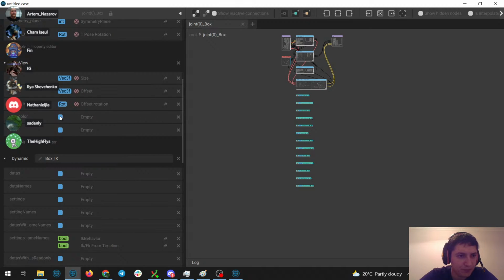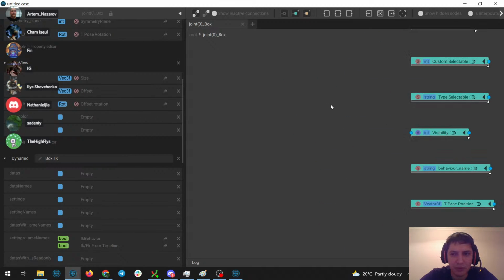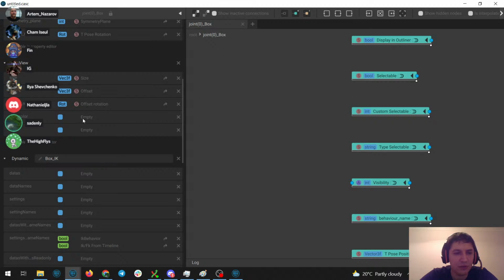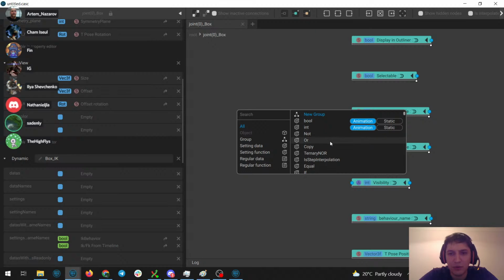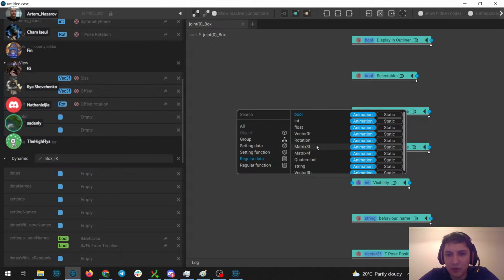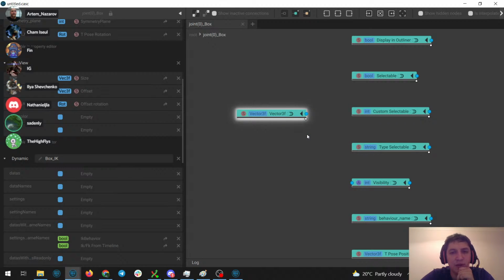So color, here it actually has a boolean value, use color, so you can set it to use it or not, but right now I'll just create it. And for colors, I don't actually remember, but I think we use a vector 3 value, and I think it can be static to define a color. Let me try it.